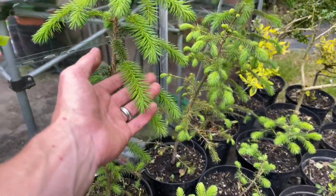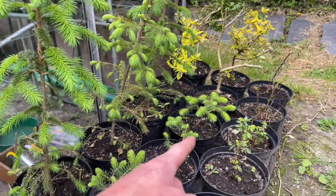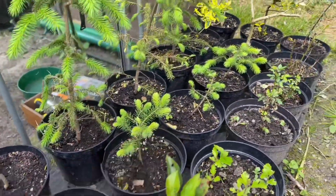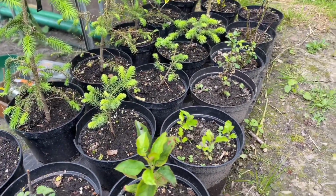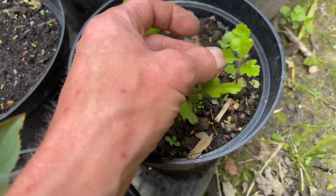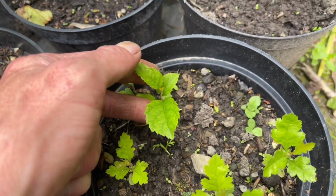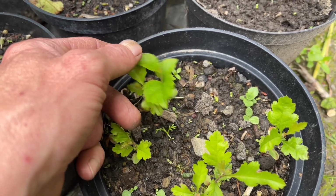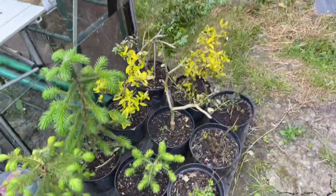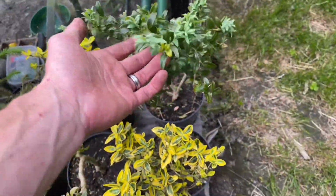And these are all spruce, which are salvaged from someone's garden. They were saplings. They all just spring up all over the place underneath the trees. These were hawthorn seedlings, which I've salvaged from out of the plant pots. And I believe that one there is a cherry or plum, which the birds have probably dropped somewhere. And we've got some little roses